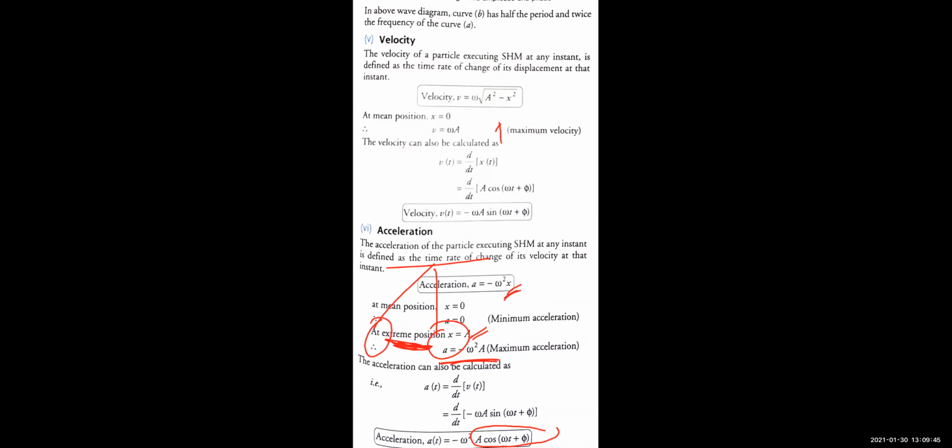So your acceleration for a simple harmonic motion is given as minus omega square a cos(omega t plus phi), and a cos(omega t plus phi) is nothing but your displacement. So it is minus omega square x. Remember the formula for acceleration. It is going to help you further, when we are going to calculate the force, it is going to help you a lot over there, right, children?